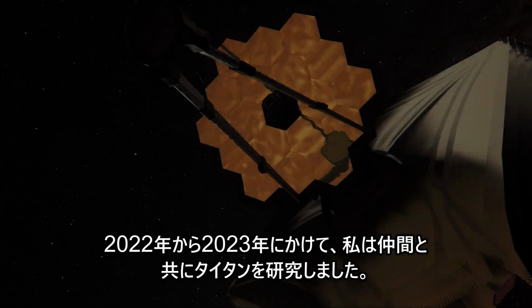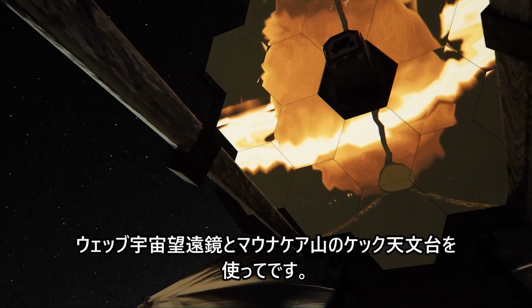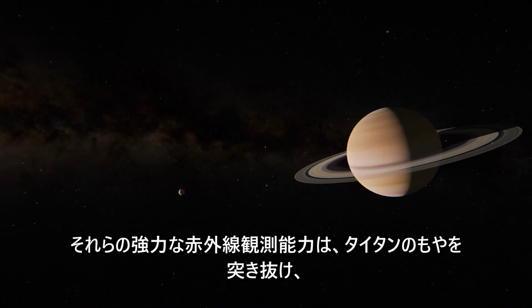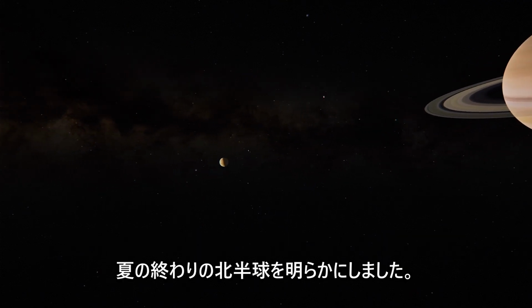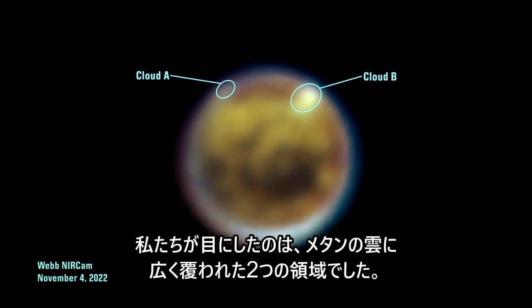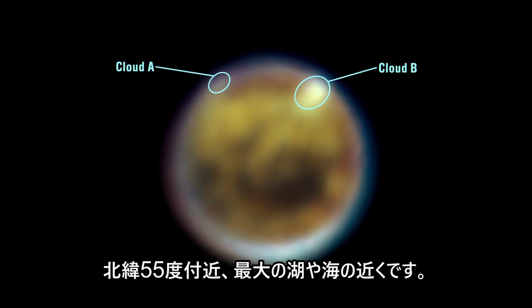temperatures. From 2022 to 2023, my colleagues and I studied Titan with the Webb telescope and the Keck Observatory on Mauna Kea. Their powerful infrared vision cut through Titan's haze to reveal its northern hemisphere during late summer. What we saw were 2 broad areas of methane cloud cover around 55 degrees north, close to the largest lakes